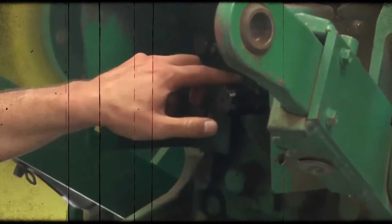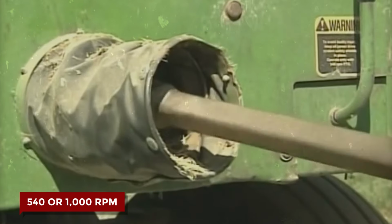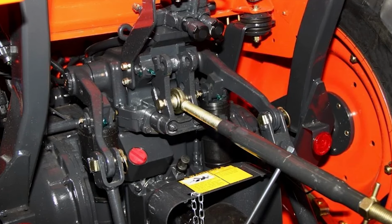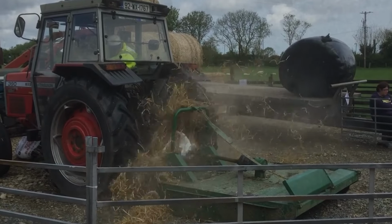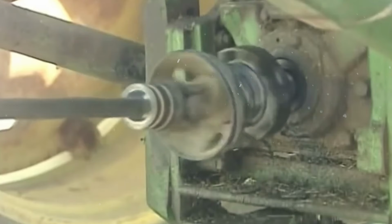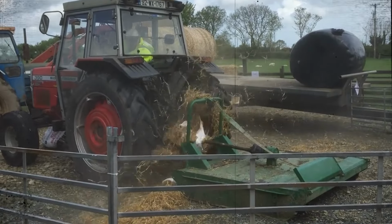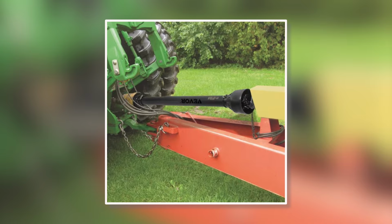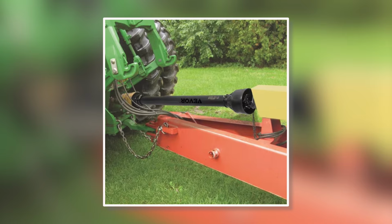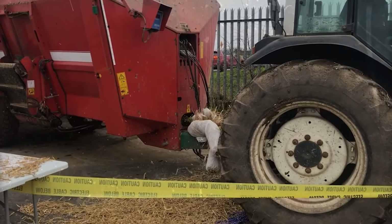debris violently. The PTO transferred engine power to implements through rotating shafts, spinning at 540 or 1,000 RPM, creating rotational forces capable of destroying equipment and injuring operators when engagement happened too quickly or without proper safeguarding. The danger came from instant engagement, where full engine torque hit implements suddenly rather than gradually, creating shock loads that could shatter universal joints, snap driveline shafts, or break implement components that weren't designed to handle the violent forces that